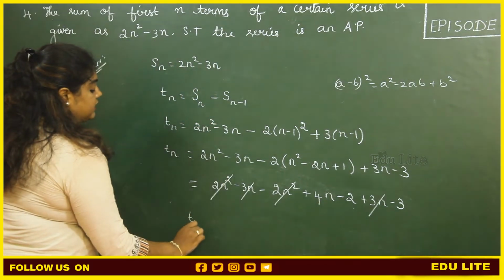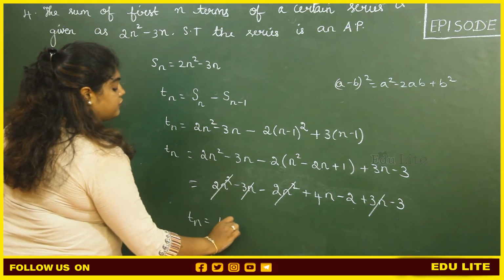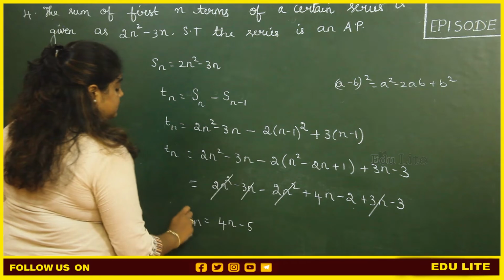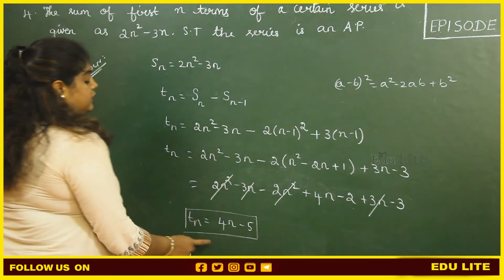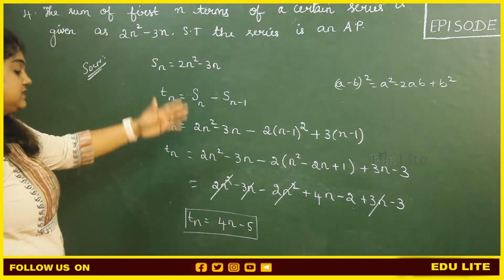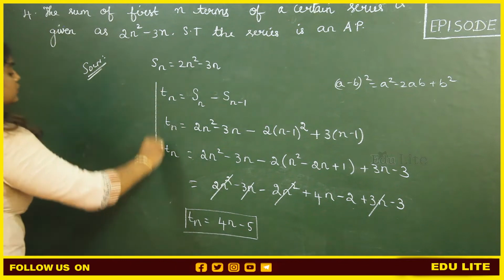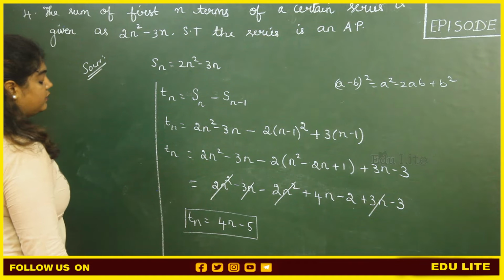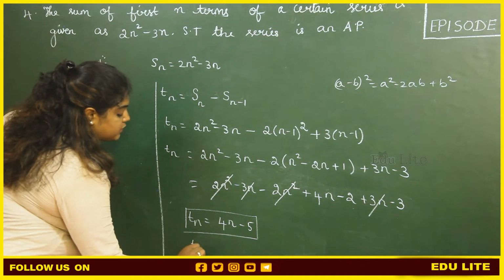The remaining term is Tn equals 4n minus 2 minus 3, which is 4n minus 5. So thus we got the value of Tn. Using this we can find out whether the series is an AP or not. How to do that? We have found the Tn. So from this we can find out the first term of an AP if we substitute the value of n